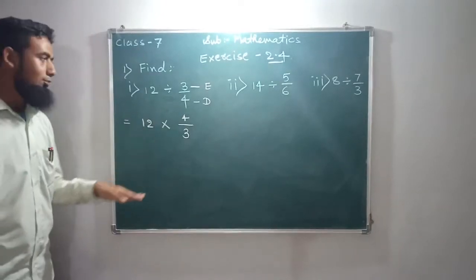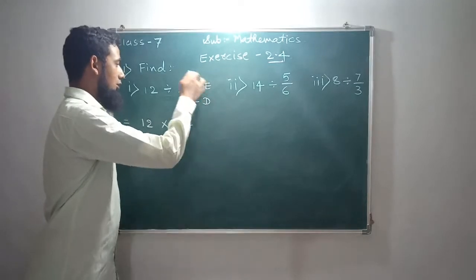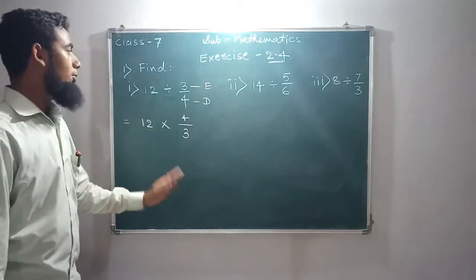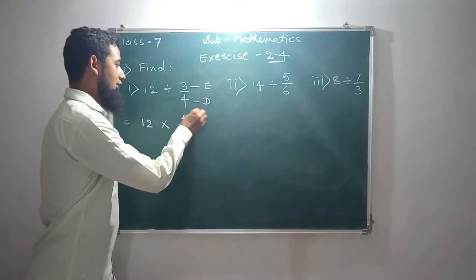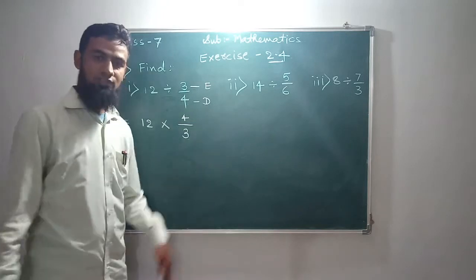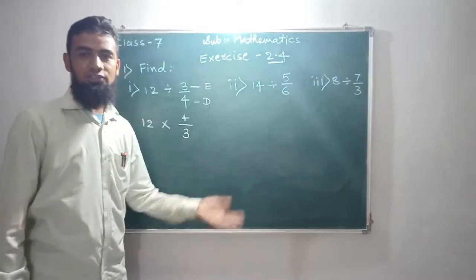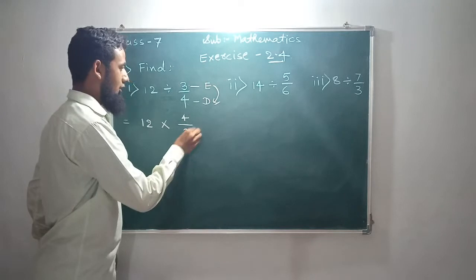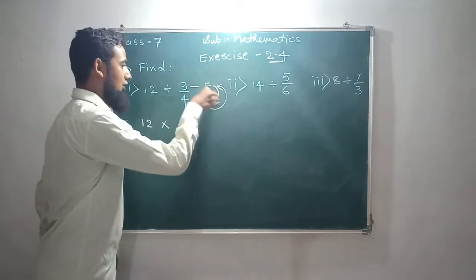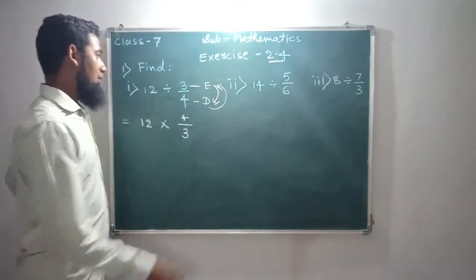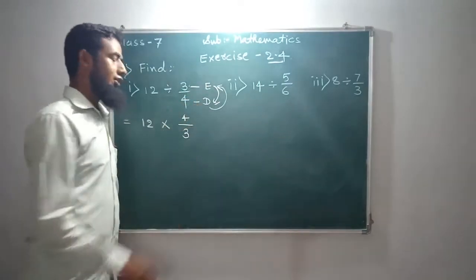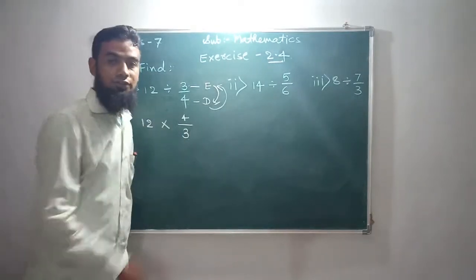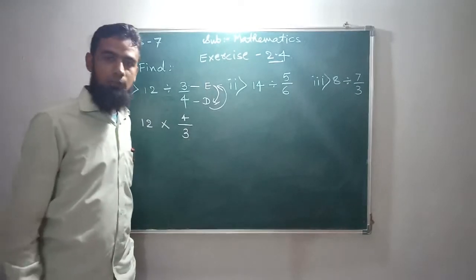It means if you are converting division into a multiplication symbol, automatically these numbers will be interchanged. The denominator takes the place of the numerator and the numerator takes the place of the denominator. See here, this is the numerator and this is the denominator, right? So these places will be interchanged. It means the numerator goes to the denominator and the denominator goes to the numerator while you are converting to multiplication. Understood what I am telling you, beta?